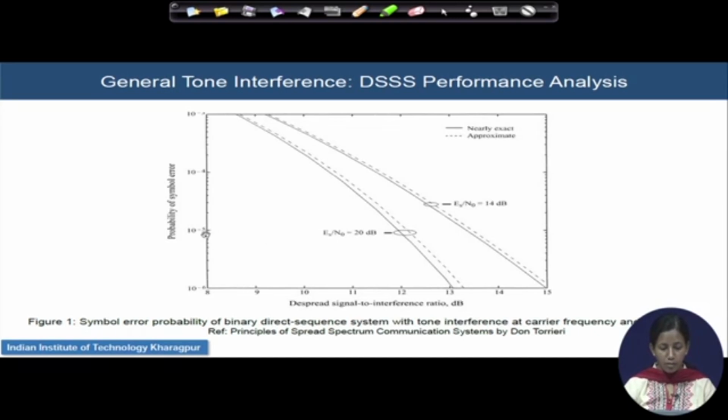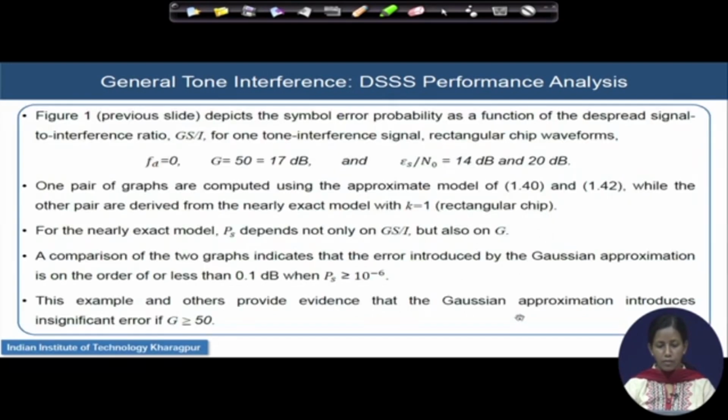So, what is the observation? For 10 to the power minus 5 target bit error rate for data communication, where we are mostly interested, we will be able to see that this approximate model and the nearly exact model differ by approximately 0.1 dB. That difference is really small, even smaller in case of lower SNR values. So, we can confirm that the model that we have developed here matches nicely with the close to exact solution,